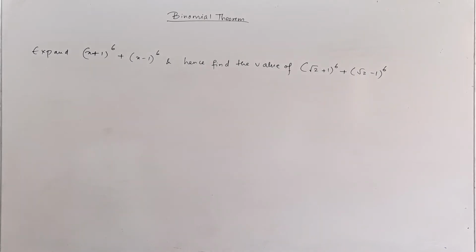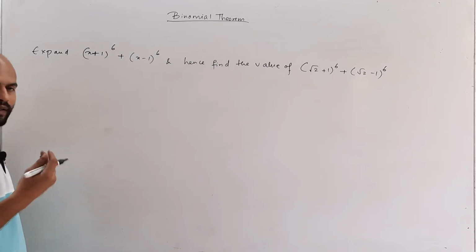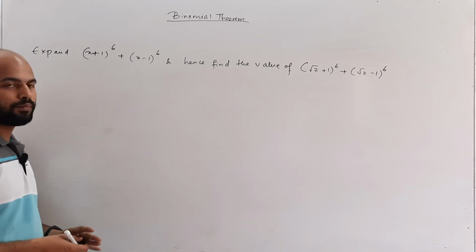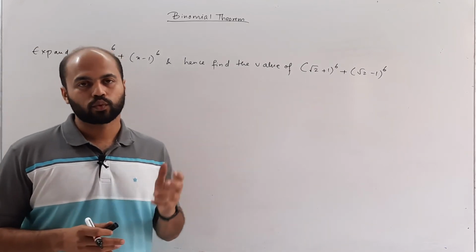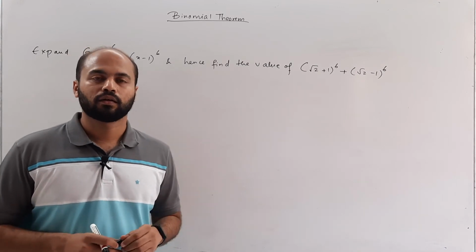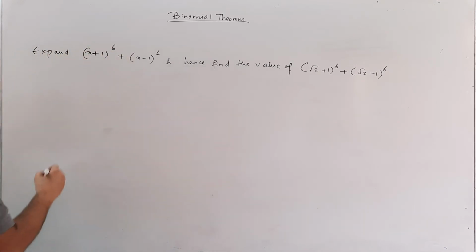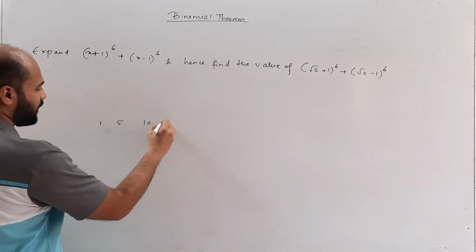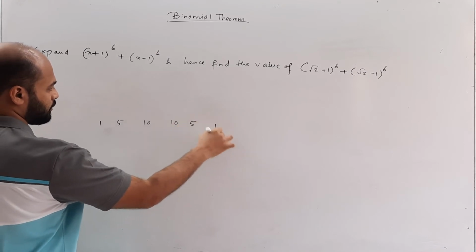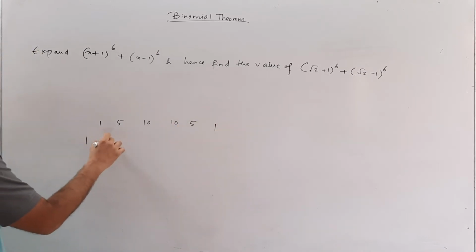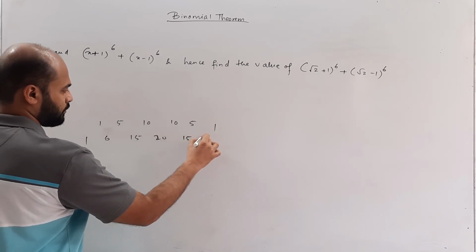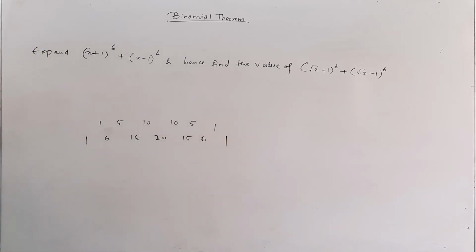Now we have got this expression, the expansion raised to the power 6, and we know sometimes Pascal's triangle does help in getting fast answers. But when you're writing something in the school paper, in school exam, you have to present it properly in the format that is taught to you. So now if you are going by the Pascal's triangle, we know that the expansions that we have to deal with is something like this. So it's the fifth power, sixth power is going to be this is what it will be.